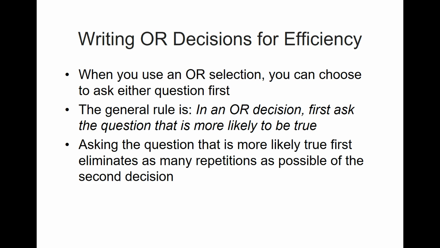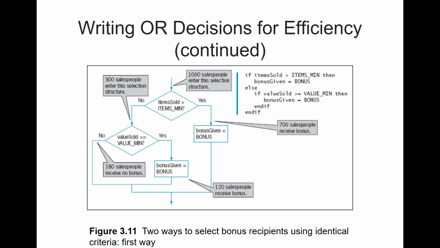So, in OR questions for efficiency, it's the opposite of AND. In AND questions, we wanted to write the question we think is going to eliminate the most people first. In OR statements, we want to ask the question that is most likely to be true. So for ORs, we want the one that's most likely to be true, and for ANDs, the one that's least likely to be true. So what that does is, if we look at that efficiency again,